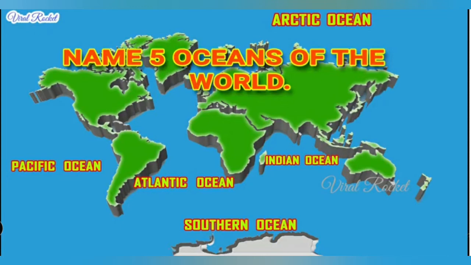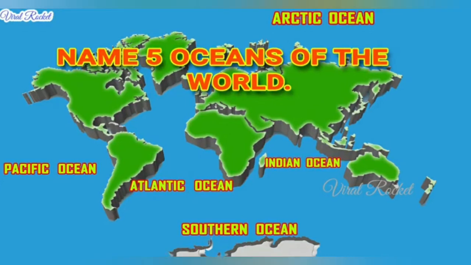The Pacific Ocean separates Asia and Oceania from the Americas. The Atlantic Ocean separates the Americas from Europe and Africa. The Indian Ocean washes upon southern Asia and separates Africa and Australia. The Antarctic Ocean, also called Southern Ocean, sometimes considered an extension of the Pacific, Atlantic, and Indian Ocean, encircles Antarctica. The Arctic Ocean, sometimes considered a sea of the Atlantic, covers much of the Arctic and washes upon North America and Eurasia.